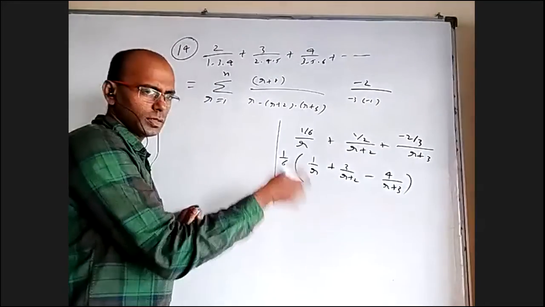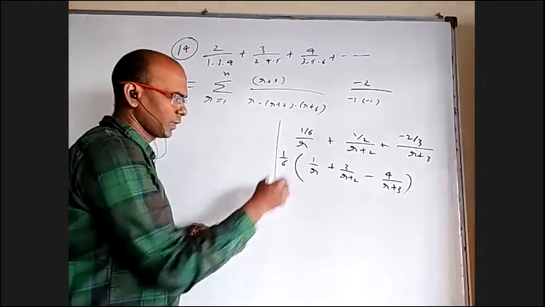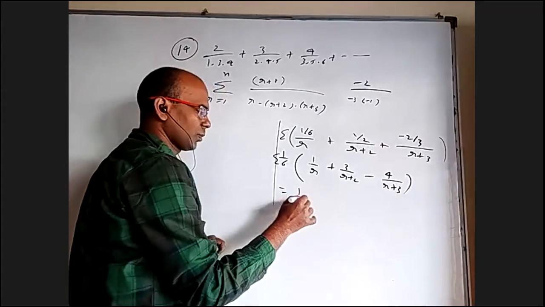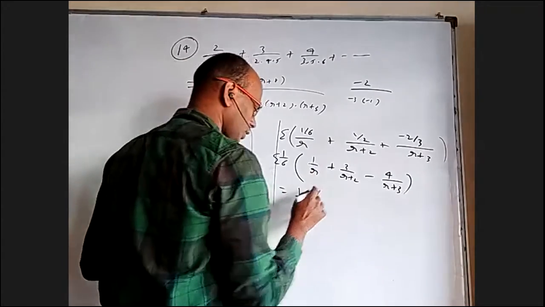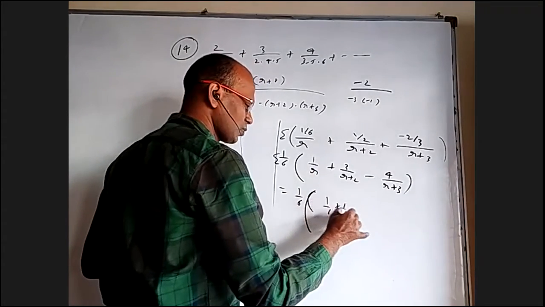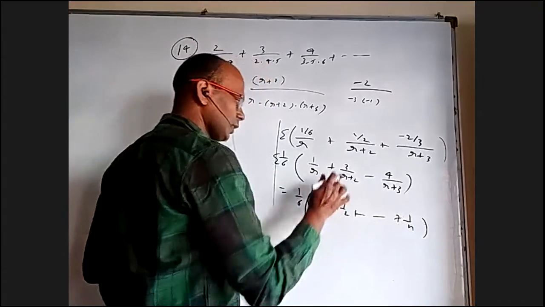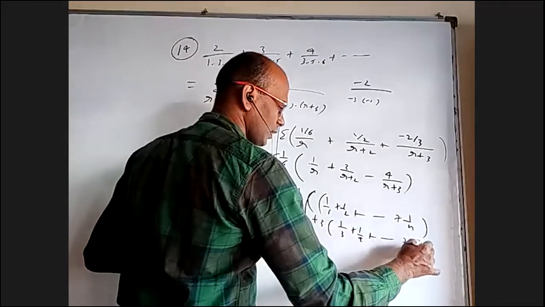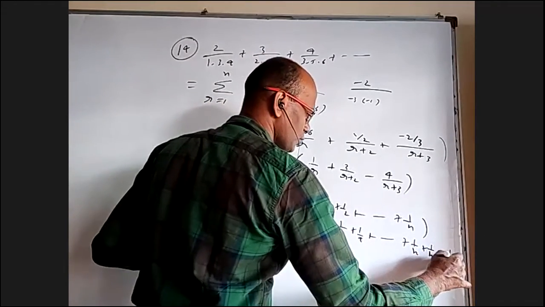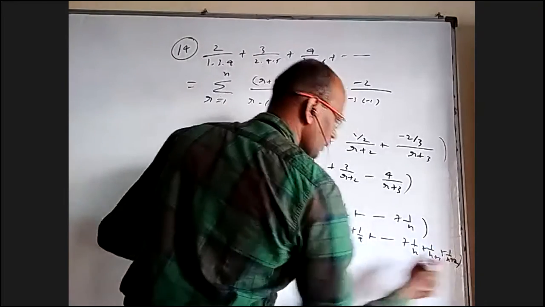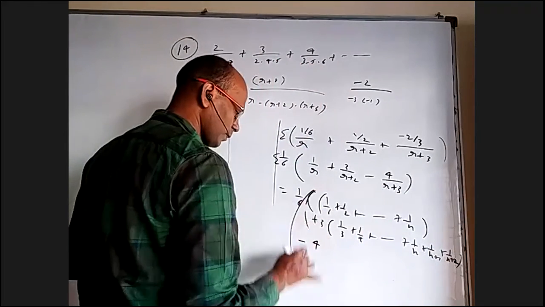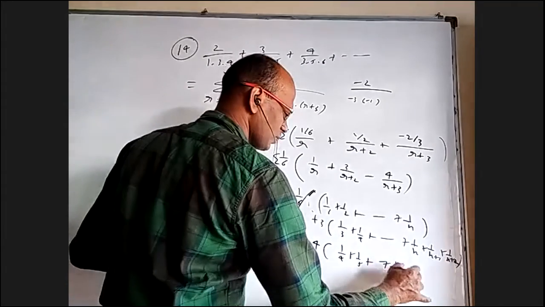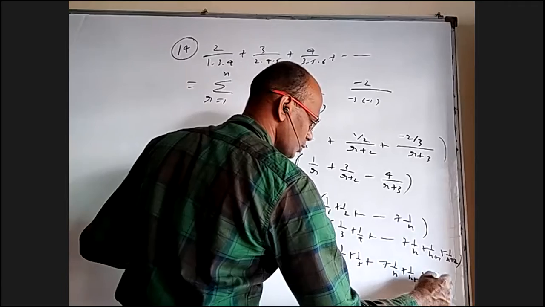Now, once it is sigma, this is the rth term. When you take sigma of this, what will happen when you expand it? If I write properly, 1 by 6 times this will give me 1 by 1 plus 1 by 2 so on up to 1 by n. This will give me 3 times 1 by 3 plus 1 by 4 so on up to 1 by n plus 1 by n plus 1 plus 1 by n plus 2. And this will give me minus 4 times 1 by 4 plus 1 by 5 so on up to 1 by n plus 1 by n plus 1 plus 1 by n plus 2 plus 1 by n plus 3.